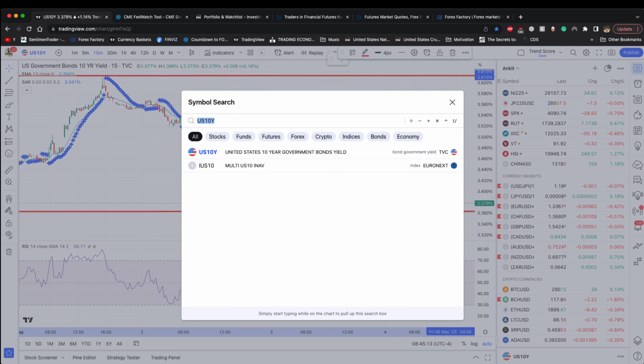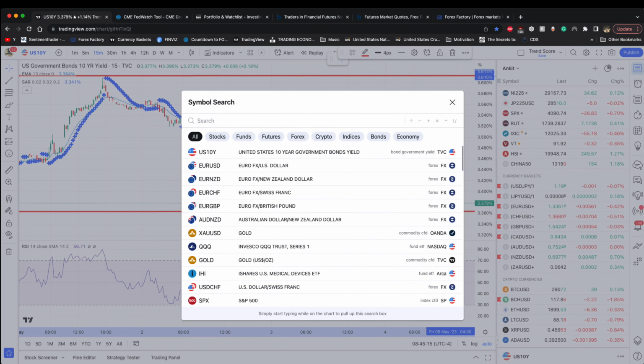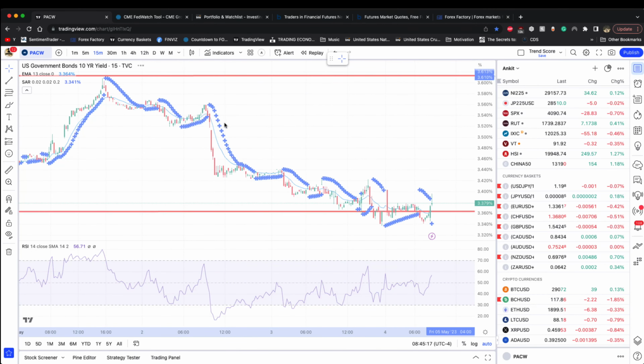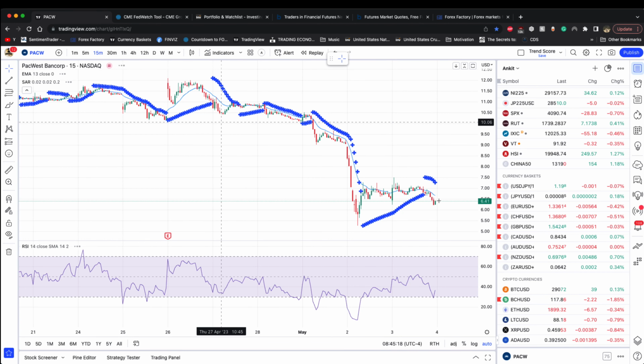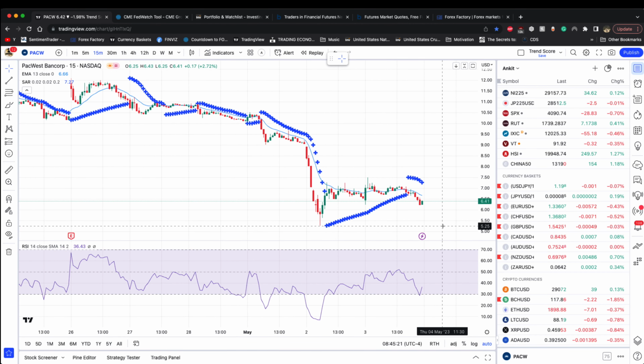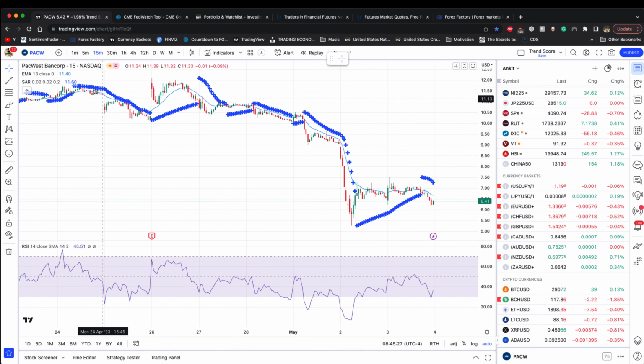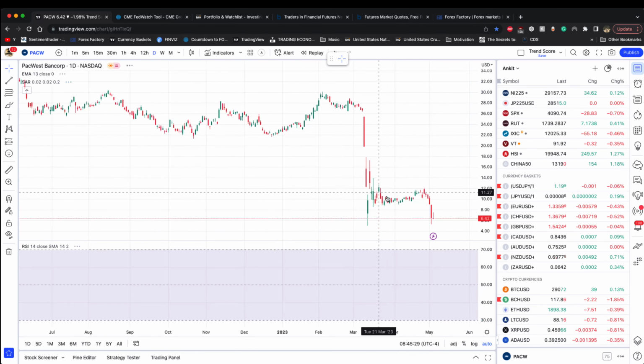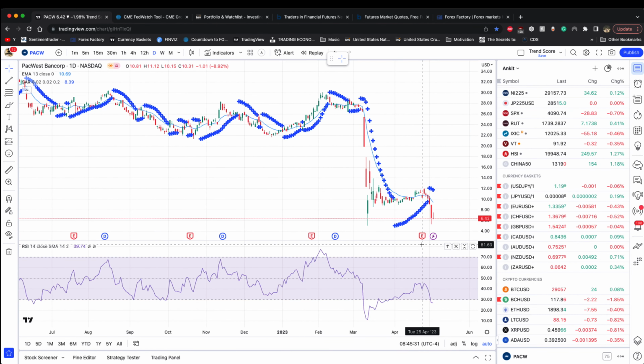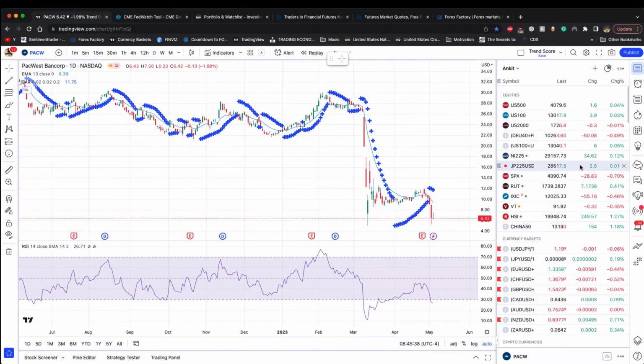Everything was doing okay last night, and then we had another regional bank that talked about a possible sale after hours. So right now that stock is trading, this is PacWest Bank on a daily chart, down about 40 to 50%, and that's really what caused a bit of a risk-off move last night, because of another bank sort of failure.